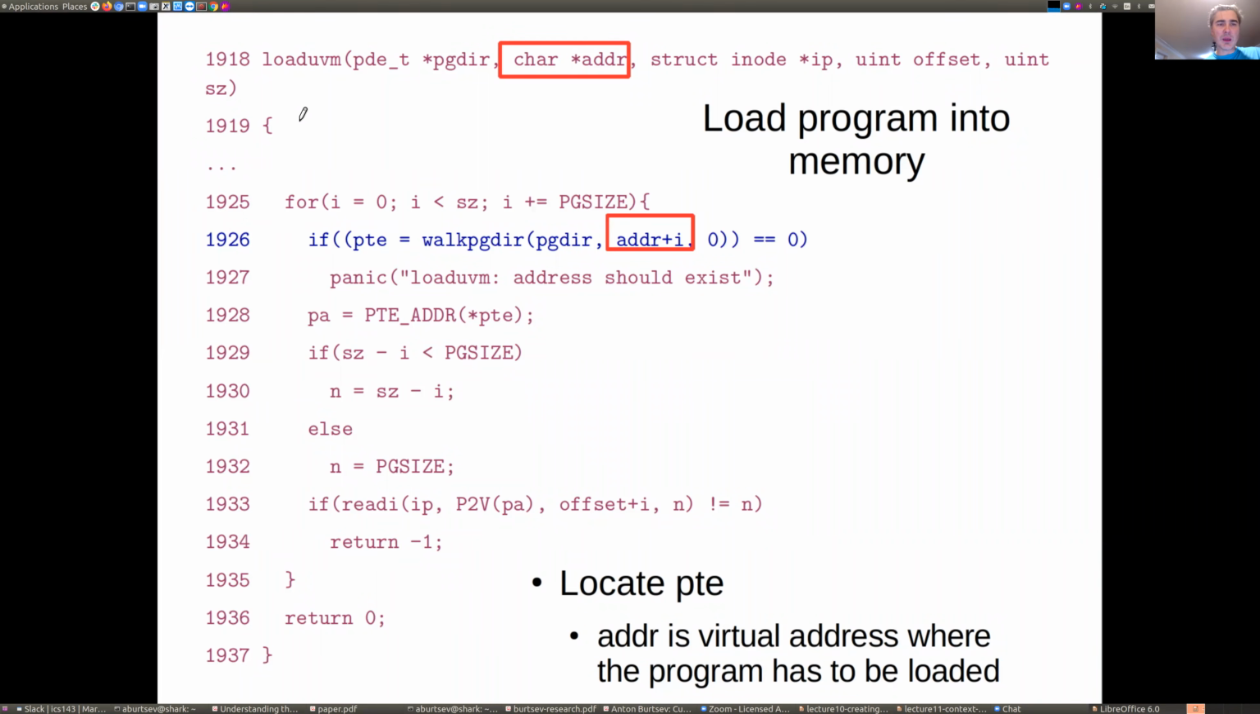Let's take a look at this function without running too fast. Essentially what we're doing here is loading the program in memory. At the end of which we will be reading an inode, which we have over here. This is the inode pointer. We'll be using a virtual address, an offset within an inode, and the number of bytes to read something into this virtual memory. So if allocuvm allocated something, what loaduvm is doing is that it will take